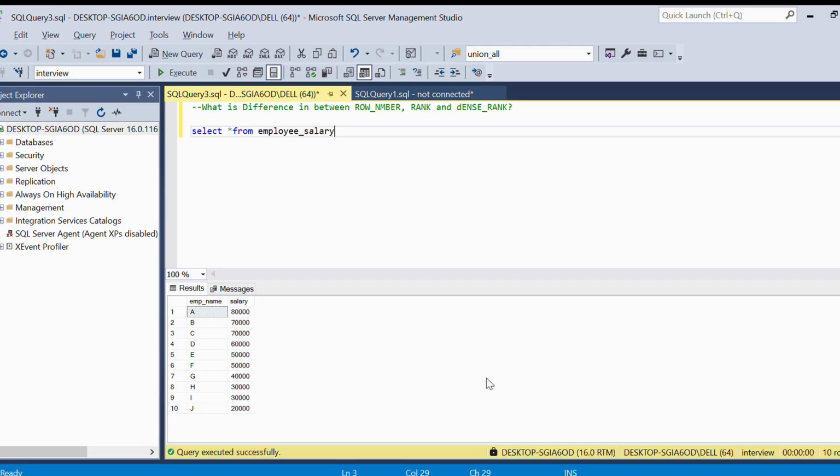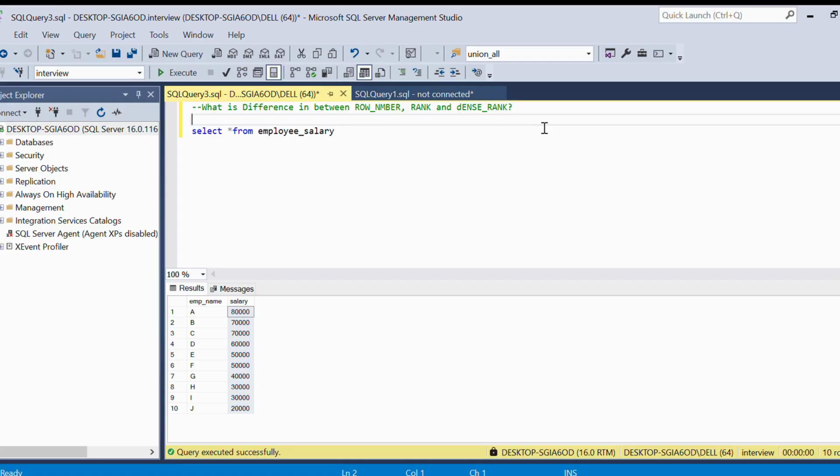We have an employee salary table here, and in this table you can see we have employee name and salary. I'm assigning all three ranking functions: row number, rank, and dense rank. First, let's understand how row number works. Row number will assign a unique number to every row, even with duplicate records.